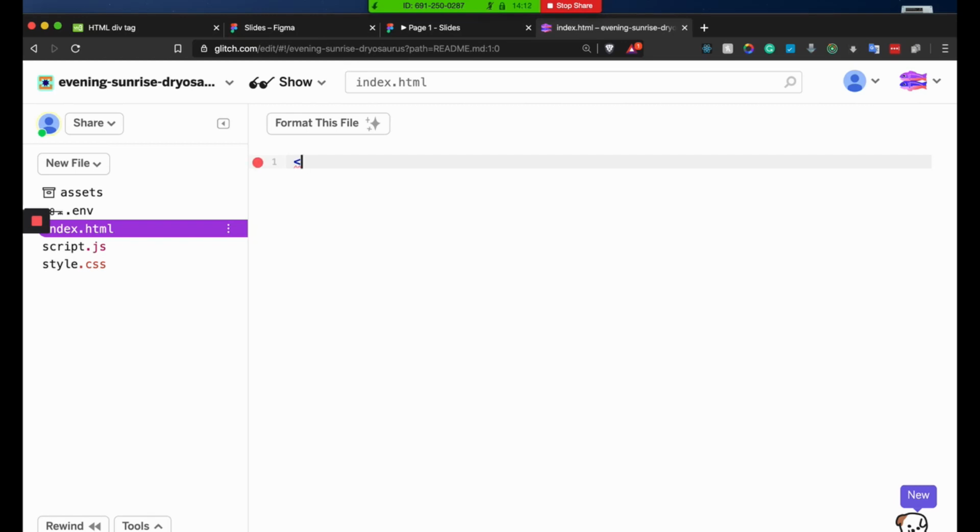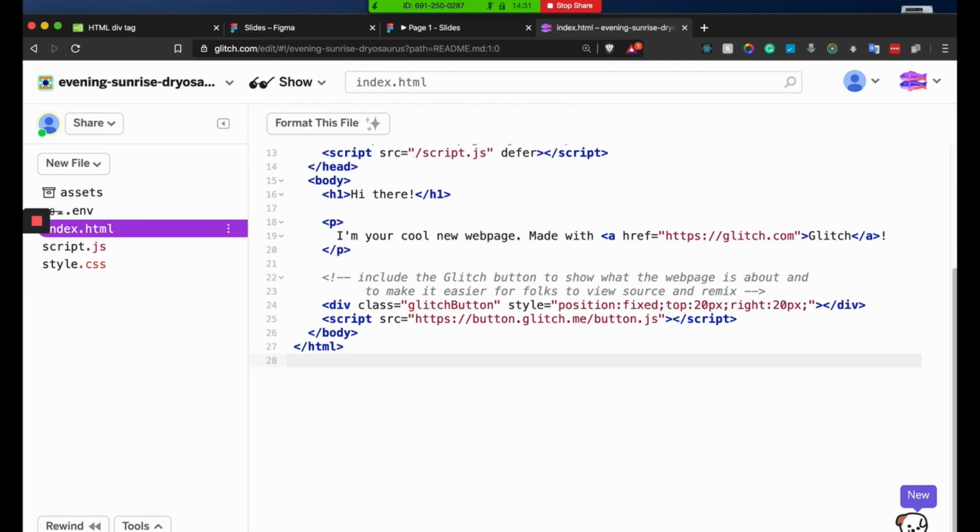Okay, all right. And you type doctype. Let me just go back and see what it is. All right. Okay. Doctype HTML. So when the browser actually sees this particular line of code,